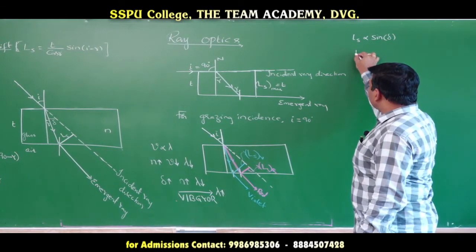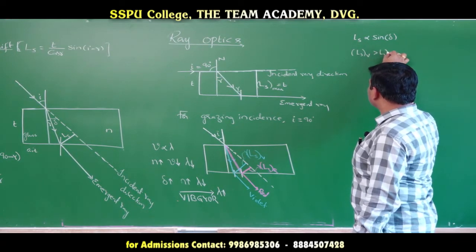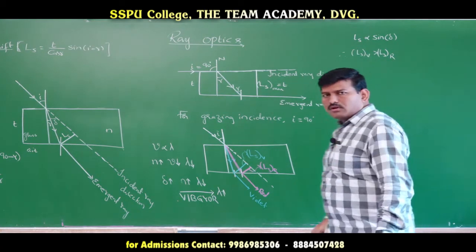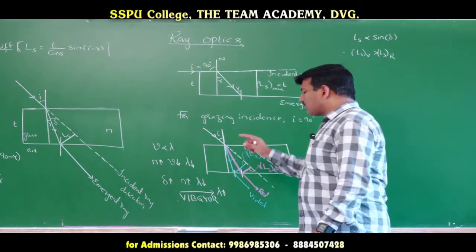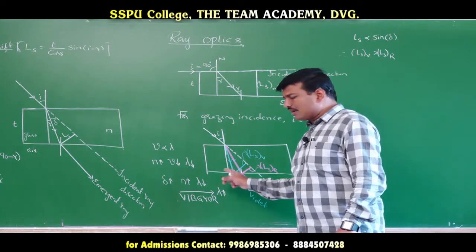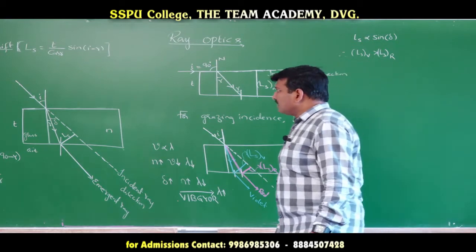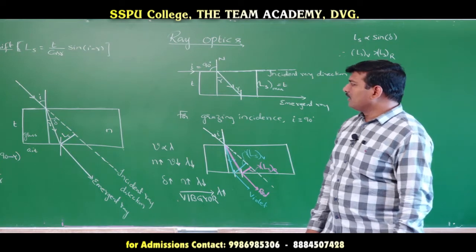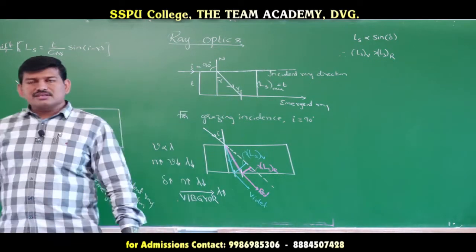So lateral shift of which color is more than which color? Lateral shift of violet is greater than lateral shift for red color. Is it clear? So the color which is deviated more is which color? Violet color is deviated more and red color is deviated less. Therefore, lateral shift is more for violet color than for red color. Next, lateral shift depending upon color means it is also depending upon the wavelength associated with the color.